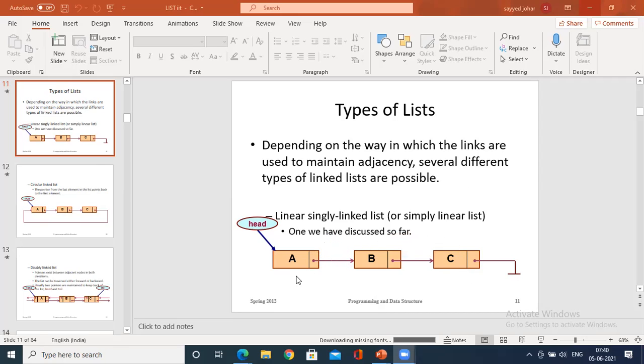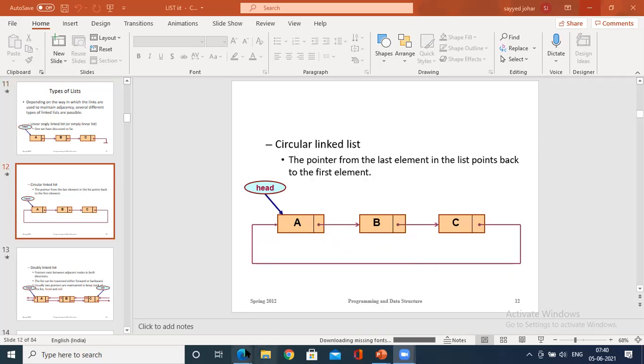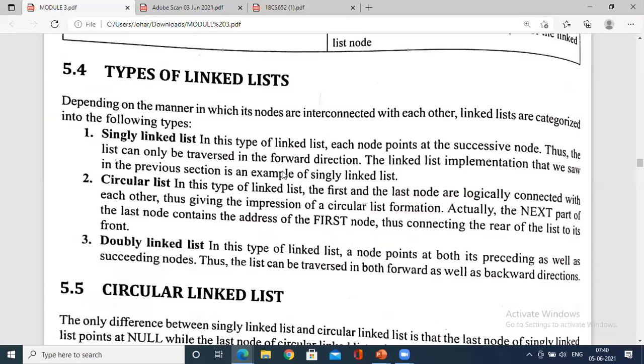Now coming to the first node, this holds the address of B. No? So where is the address of A? It is called head. Okay. So head doesn't have a value. It is having only one value, that is called an address, memory. Similarly, this is the first. So what we have seen, this type of list is a single linked list.